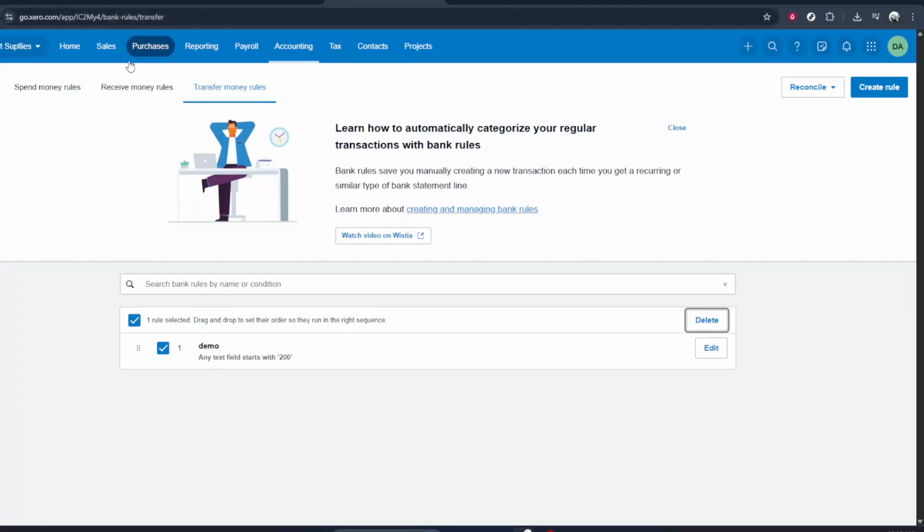In today's video, I'm going to teach you how to edit bank rules in Xero. Bank rules are a great way to speed up your bank reconciliation by letting Xero automatically suggest how to code your transactions. But as your business changes, those rules might need to be updated. In this walkthrough, I'll show you exactly where to go and what to click so you can confidently edit an